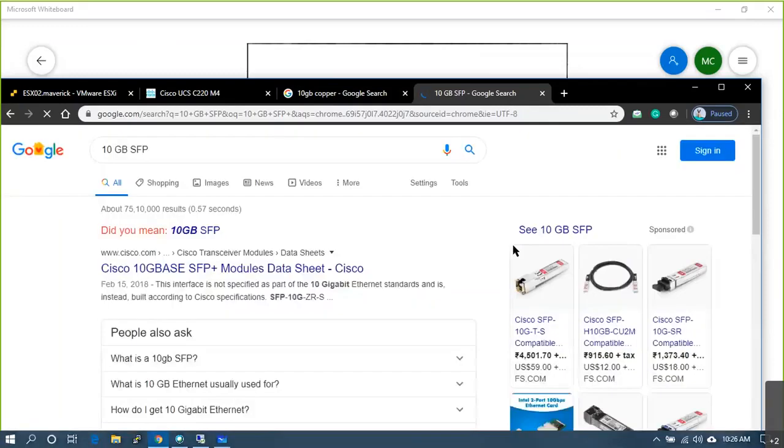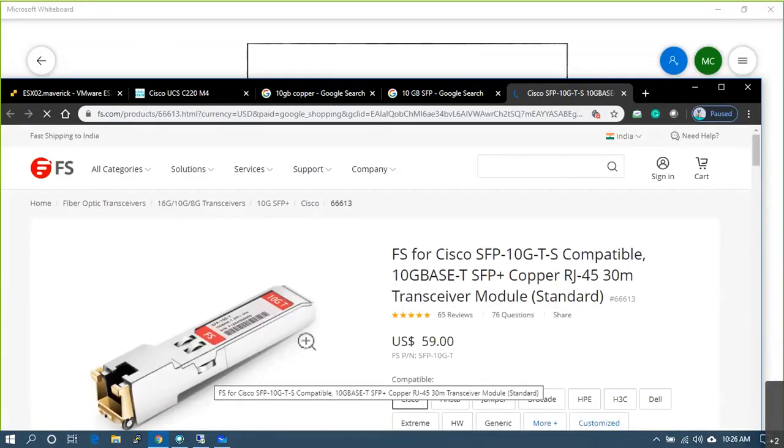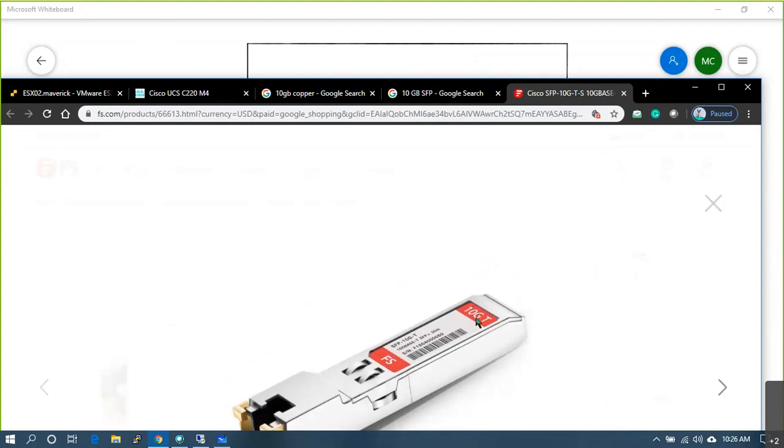SFP means that latch. See, it is clearly written over here, SFP 10G. Visible 10G. So on the back end, the cable is connected.